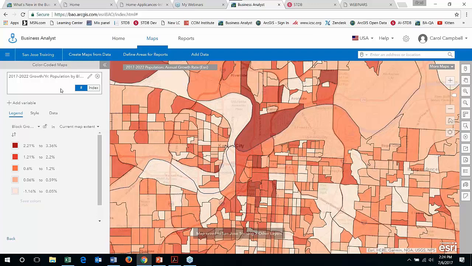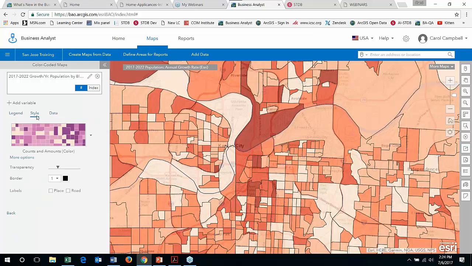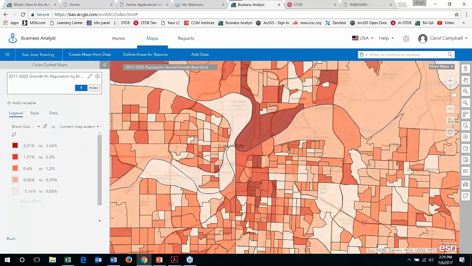Now you'll see that things look a little bit different over here if you use this tool much. It's showing us that we are mapping 2017 to 2022 growth. So we're mapping a percentage by year, and we are mapping at the block group level. If we wanted to, we could change that to census tract, zip codes. We could zoom in, zoom out. We can change the style on this as well if we wanted to, but I'm going to stay right here